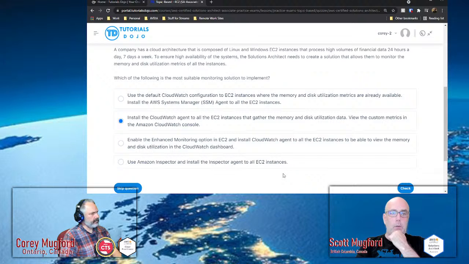Because there is no default CloudWatch configuration for EC2 instances. You just get standard metrics, so that doesn't make any sense. Enhanced monitoring just means that instead of every 5 minutes, it comes at every 1 minute. Does it say anything about 1 minute in there?